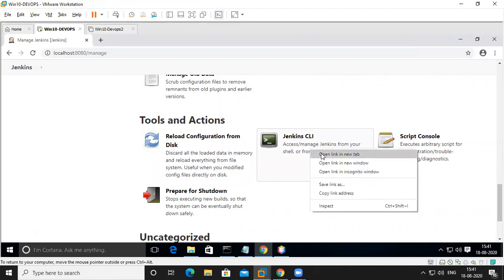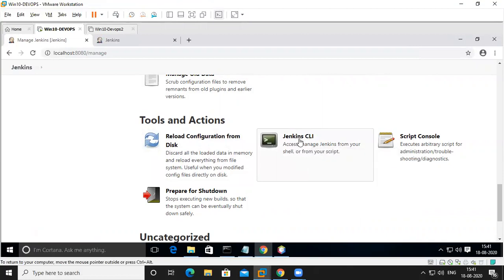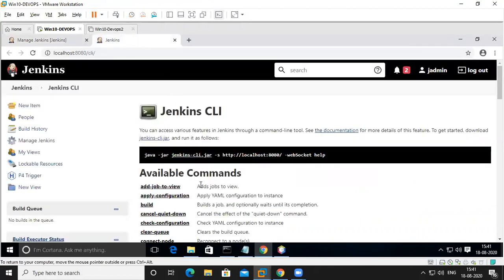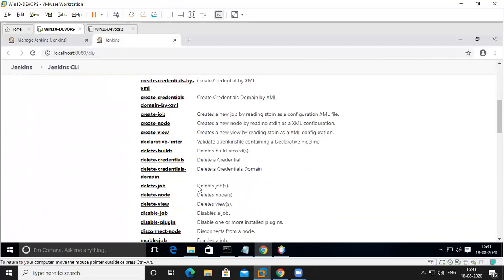I'm going to open Jenkins CLI. These are CLI commands, if you want to shut down, or change a WebSocket. These are all commands only.